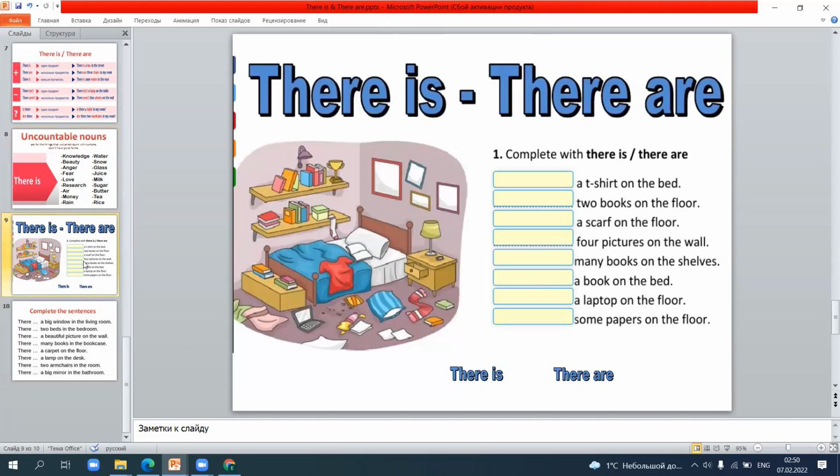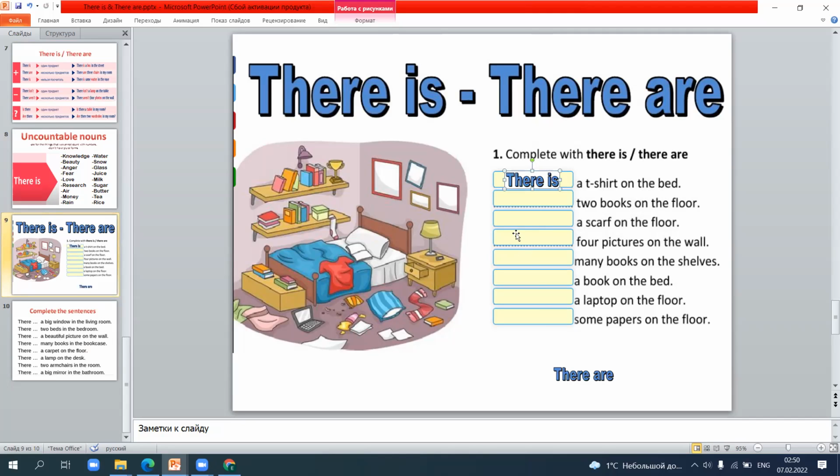Task number 1, students, complete with there is and there are. You should describe the given picture. So, sentence number 1, a t-shirt on the bed. Look at the photo, look at the picture, and try to find the t-shirt on the bed. As you see, a red one on the bed, yeah? In this case, it means that we should use the construction there is, because there is only one t-shirt on